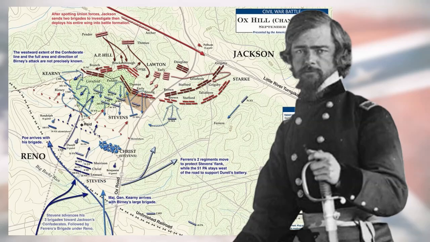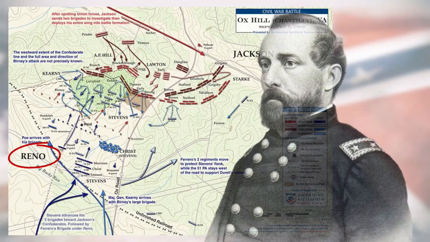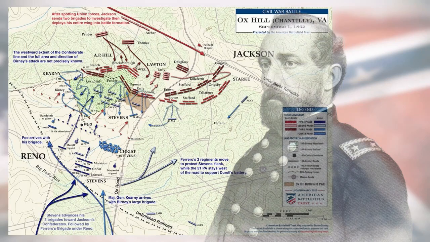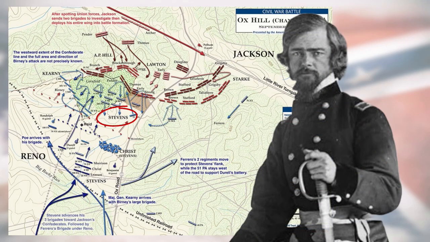An additional brigade soon arrived on the field under Reno's command. Reno, who was ill, conferred briefly with Stevens and agreed to let him lead the charge as he had planned it. Reno gave the necessary orders, and the 21st Massachusetts and the 51st Pennsylvania moved smartly into an adjacent wood lot to cover Stevens's right flank. It was now 4:30 p.m.